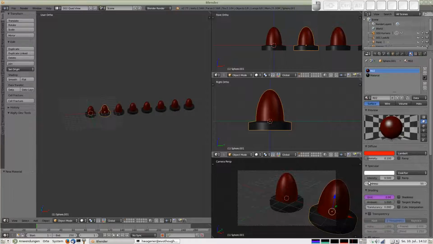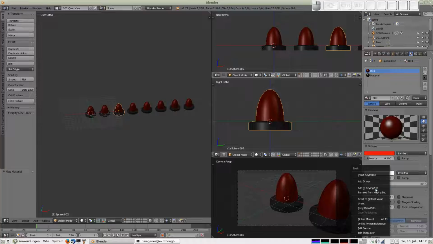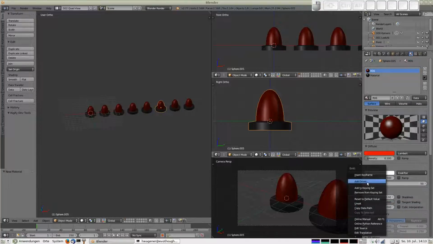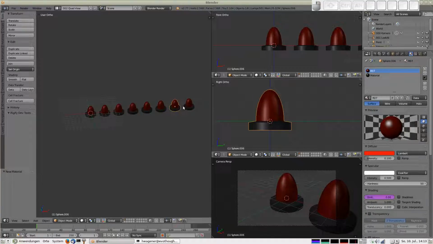Add a driver, add a driver, add a driver, add a driver, and the last one gets a driver too. Okay, now we have the 8 drivers